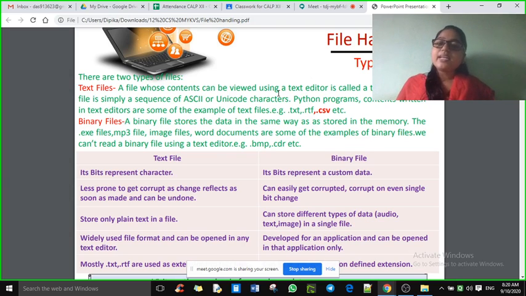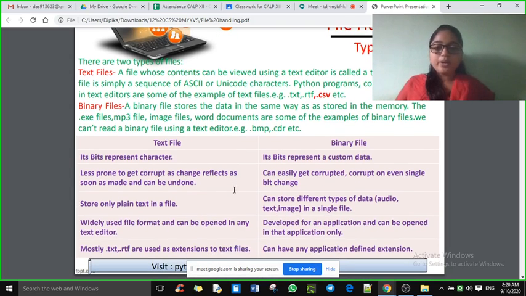This is the next point of differentiation. And text files are stored using the txt extension, whereas a binary file can have any application-defined extension.